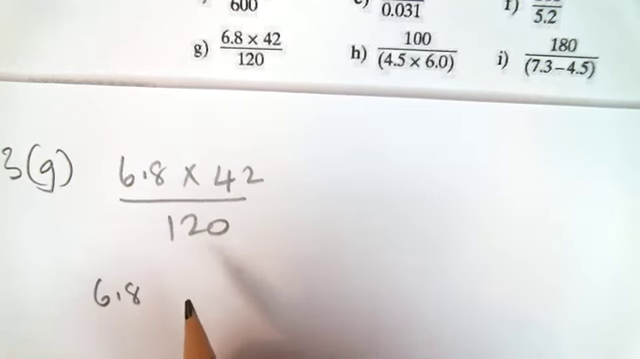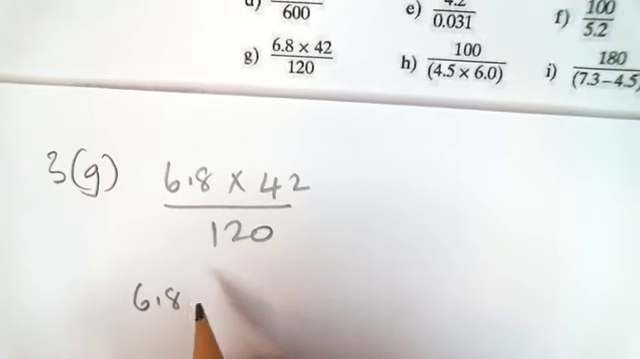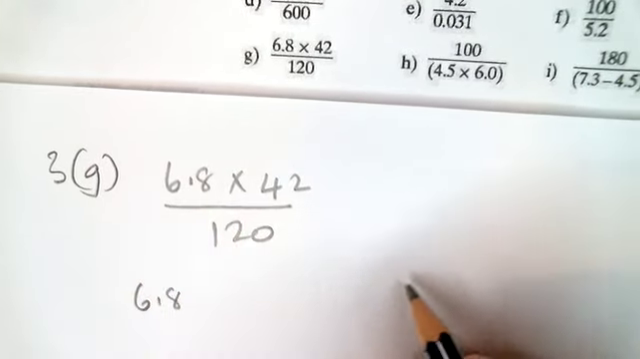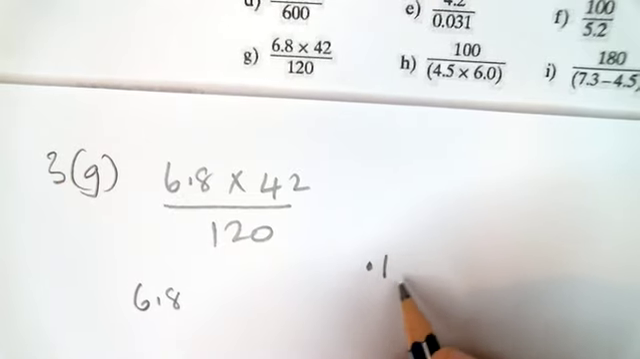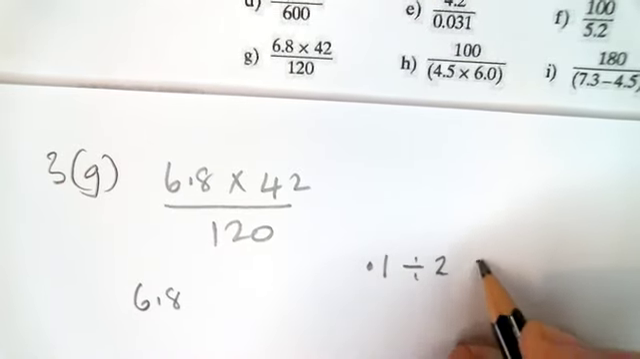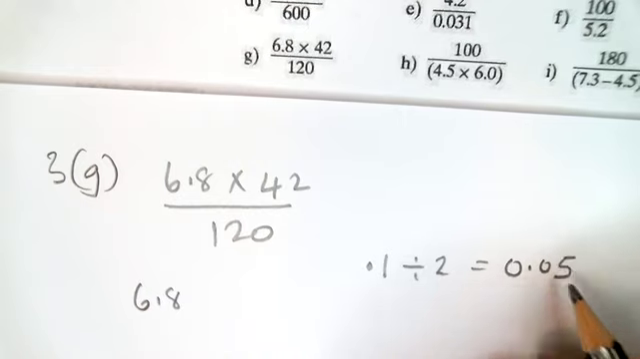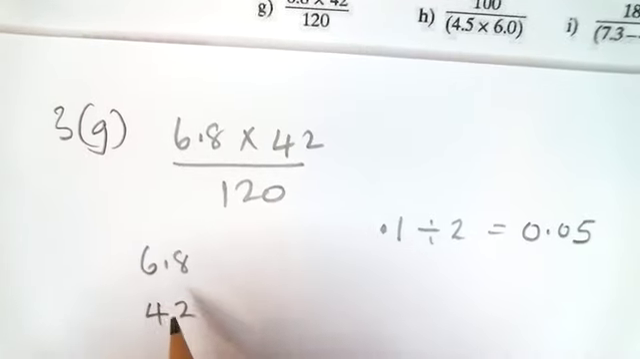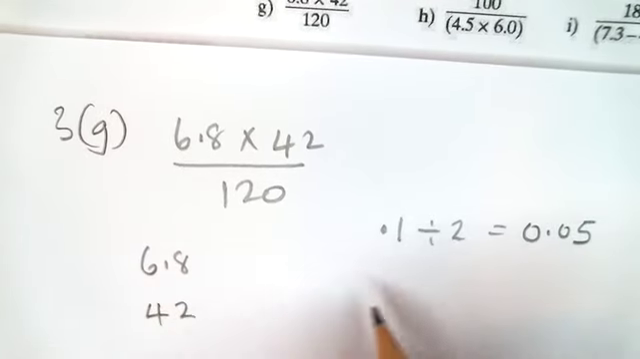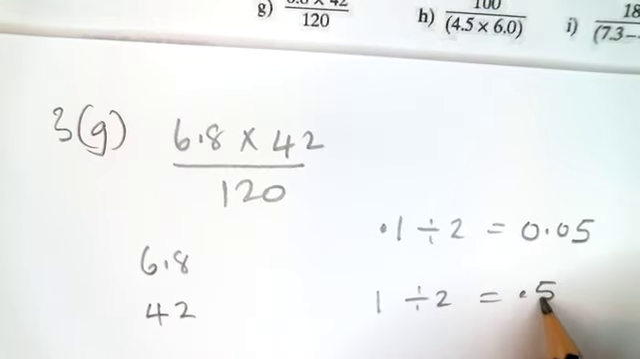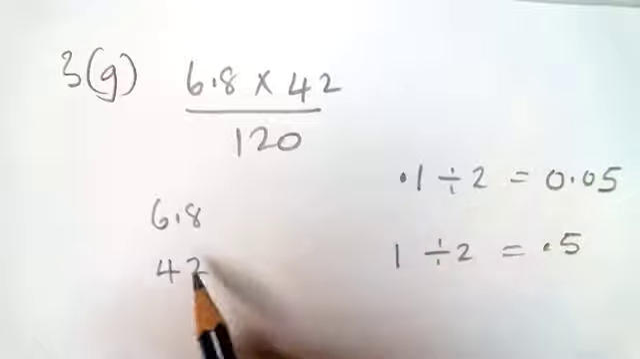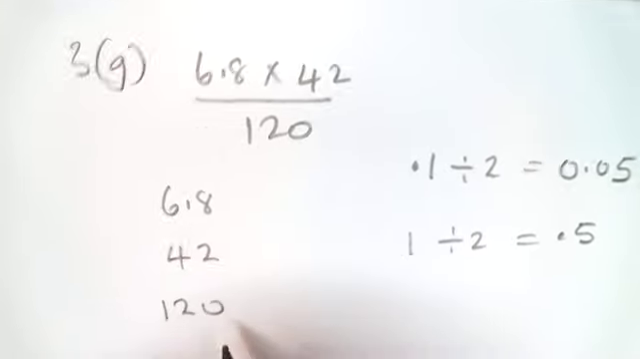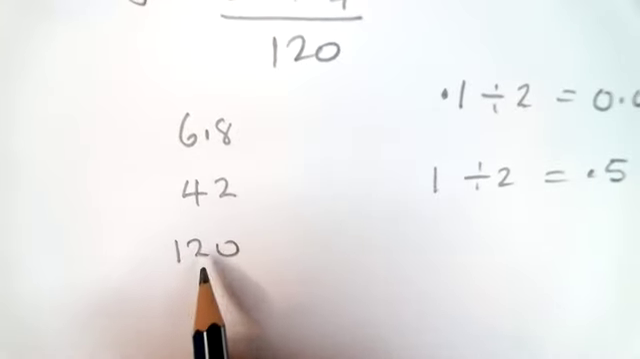So taking half of that lowest place value: I've got 0.1, and I'm going to divide that by 2. That's 0.05. For 42, half of the lowest place value: the lowest place value in this case is a 1, and we divide that by 2 to get 0.5. And for 120, the lowest place value is a 10. Half of a 10